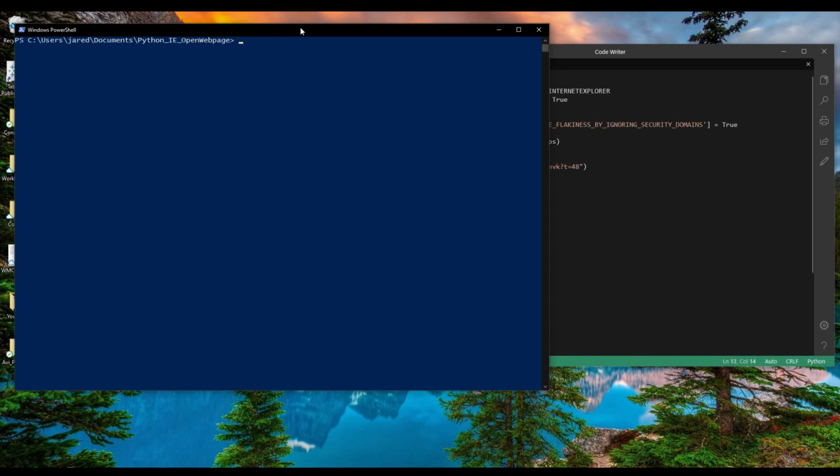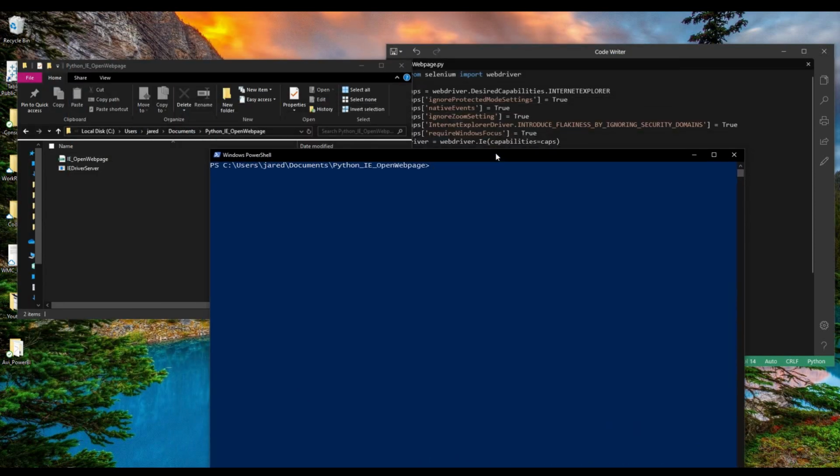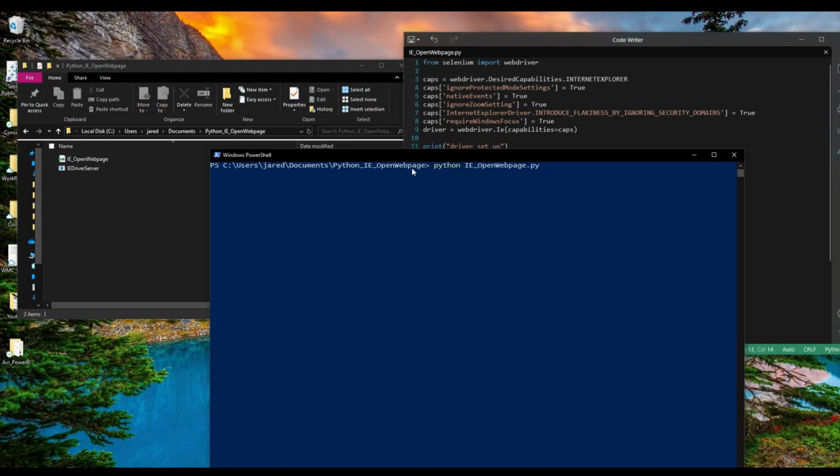Click it, and I'm going to say python ie_open_webpage.py. I'm saying, hey, Python, I want you to open this Python document that's right over here, and I want you to run it for me. All right, so I'm going to hit enter,